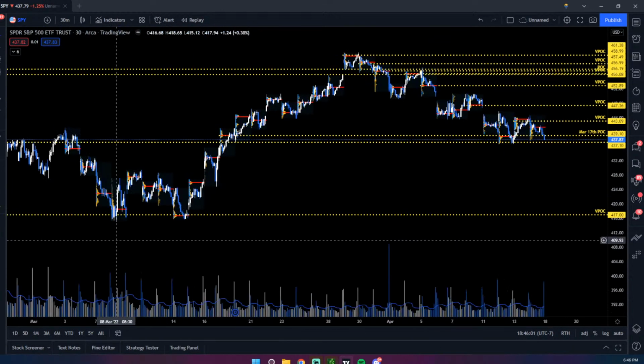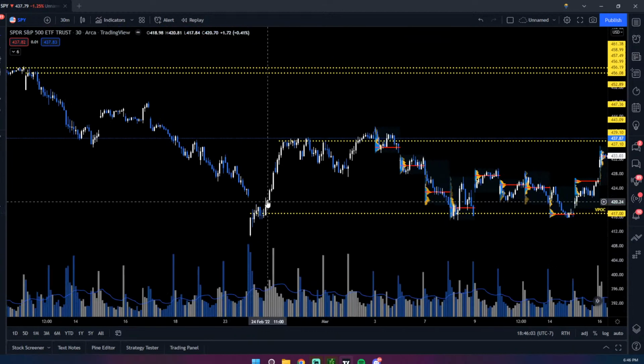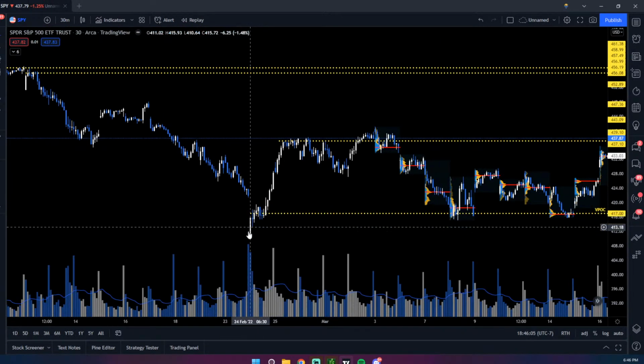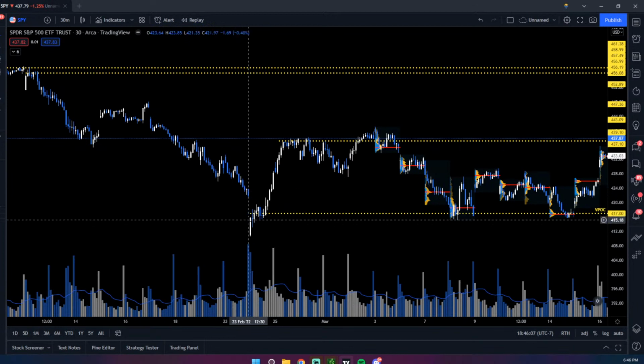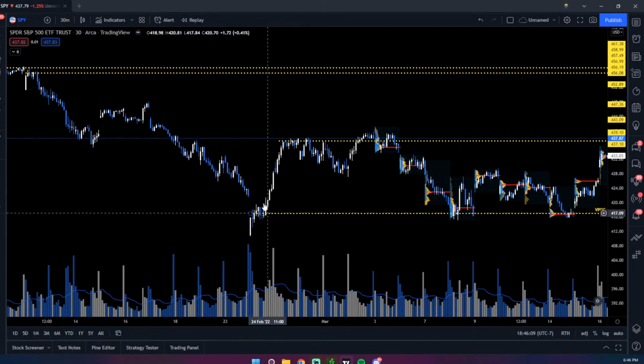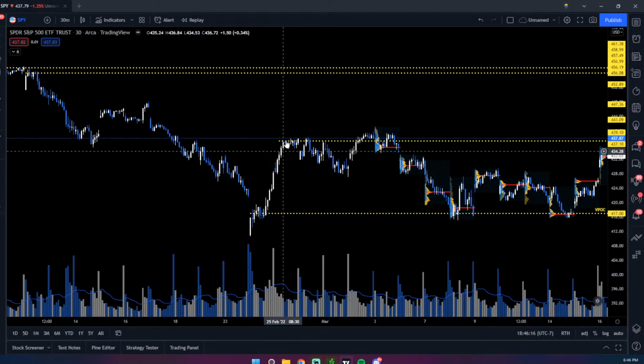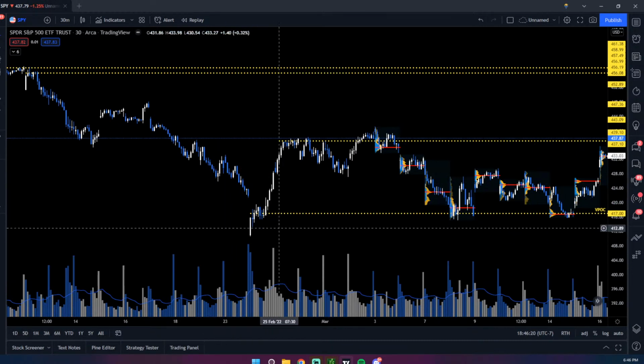And then somebody was slapping the buy button here. So we actually gapped down, and then a ton of buying took place here that we just ripped up. Tons of volume. So on this day, we just saw a huge rip up with tons of volume. So right here, it's safe to assume